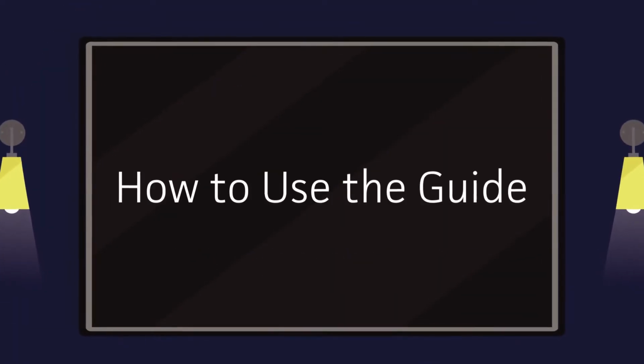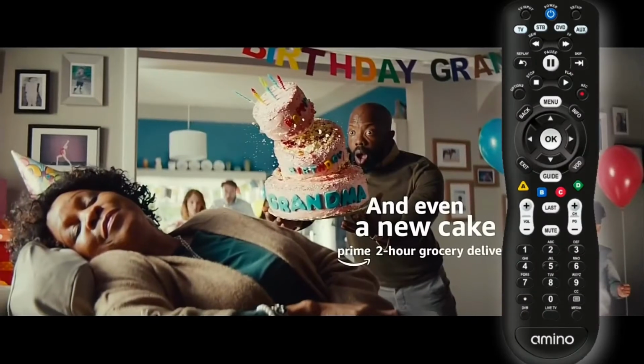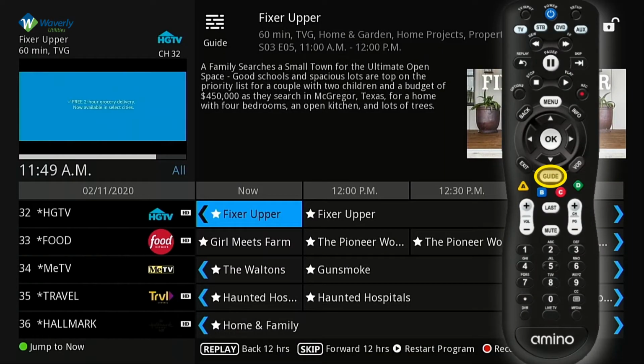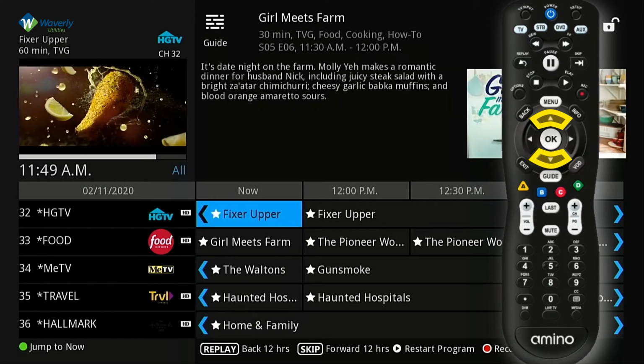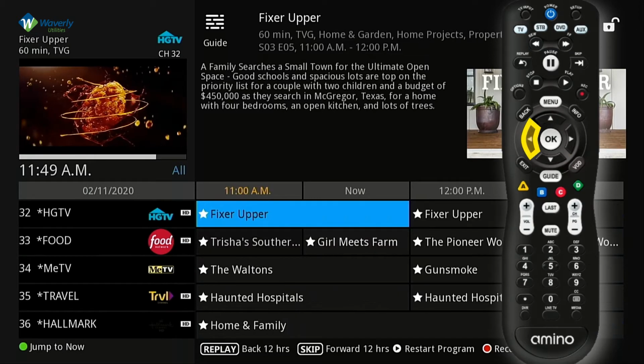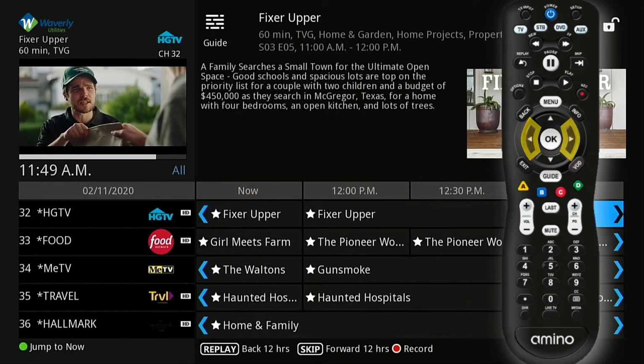The guide is the best way to scan what programs are available on each channel at a given time. To access the guide, press Guide on your remote. To navigate the guide, use the up and down arrows on your remote to see what programs are available and a description. Use the left and right arrows to view up to 3 days of past and 12 days of